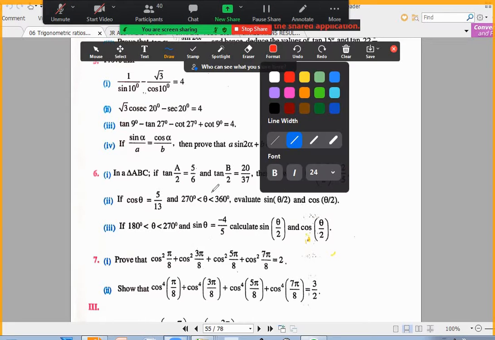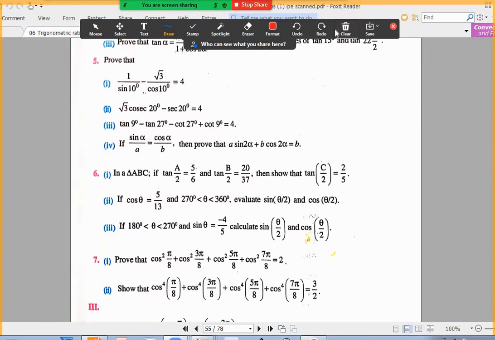Sir, sixth one first. Let me finish this one. So these two, in that I discussed the first one. Based on that, you can easily do the second one, right? Write cosecant 2 theta as 1 by sin 2 theta, secant 2 theta as 1 by cos 2 theta, and do the LCM.